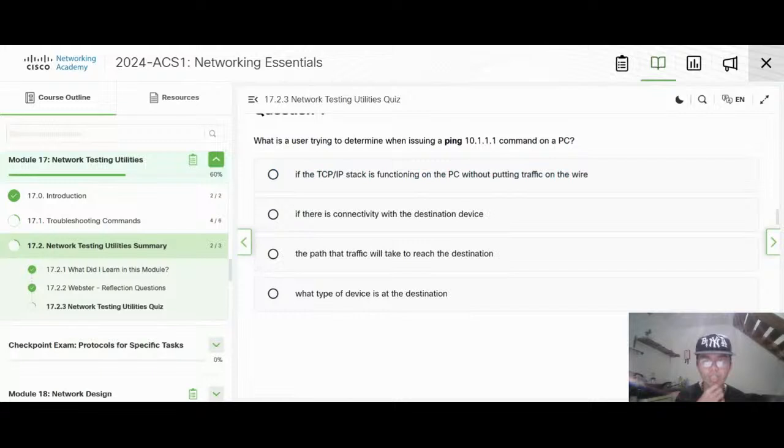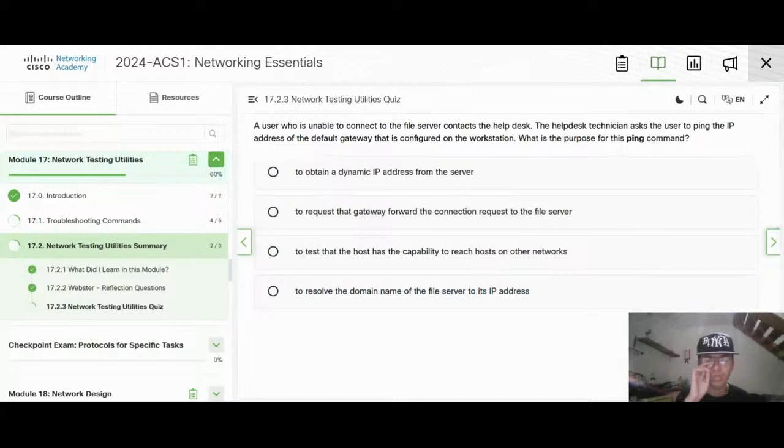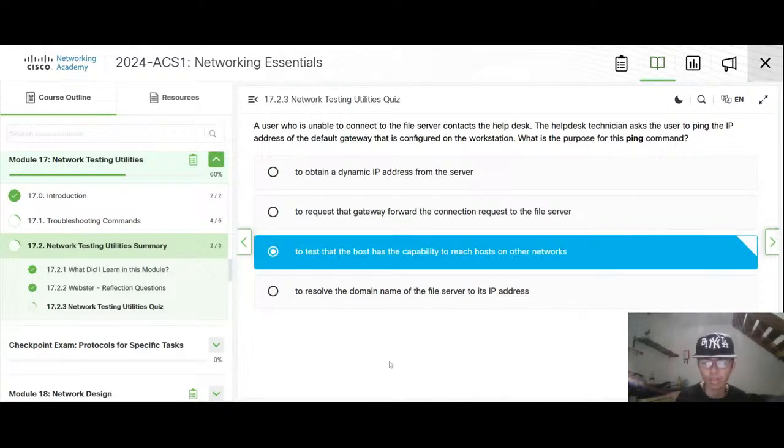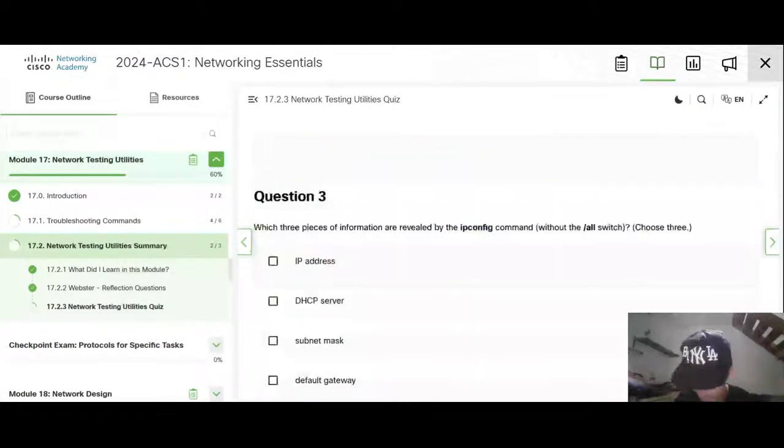Okay, use ping to test the connectivity. Users are unable to connect to this ping address. Okay, that is to test, not really to do other things.